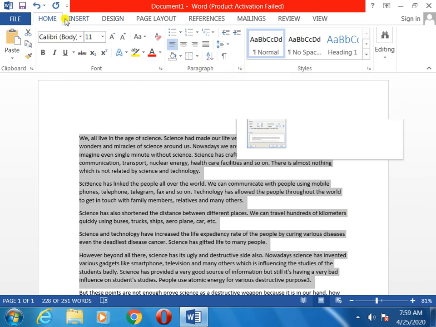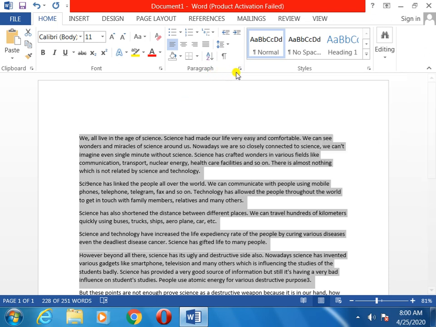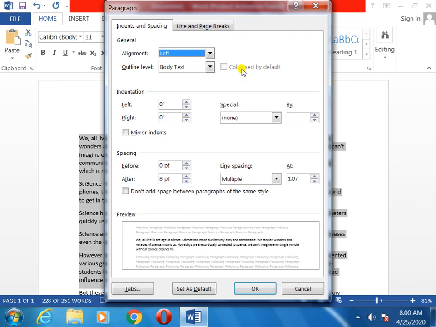Once again, Home tab, then paragraph options. But where will we go for paragraph options? You can see this arrow. This is the paragraph setting. You will click here, and you will see one paragraph dialog box appear on the screen. This is the paragraph dialog box.